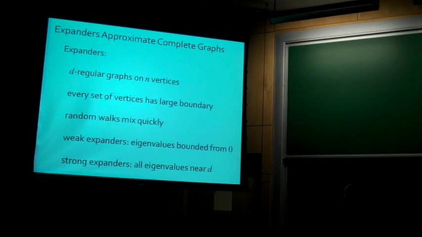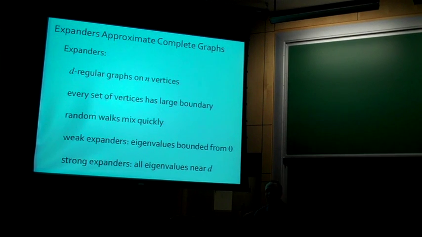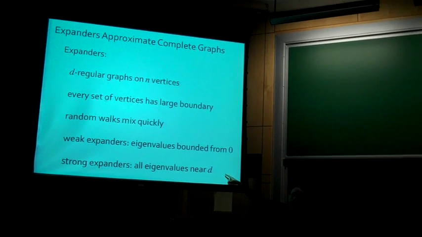Spectral definitions of them are very nice. I actually divide the spectral bounds into two types, weak expanders and strong expanders. In weak expanders, you just need that all the eigenvalues of the Laplacian are bounded away from zero. All the non-zero eigenvalues, that is. There's always one zero eigenvalue. You want all the others to be bounded away from zero by some fixed constant as n grows large. Those are good enough for many applications, but not all of them. I'll also talk about what I call strong expanders, where all of the non-zero eigenvalues of the Laplacian are concentrated near d, the degree. So this is a spectral definition of them.